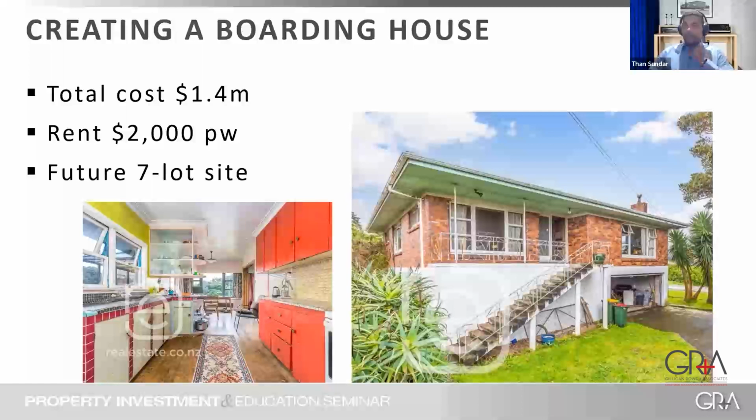So the thing is that with property, with anything, there's also the element of risk, and you've got to also have a plan B and work through those solutions so that you don't get stuck. Because imagine if someone came out and said, "I want to do it," and didn't get it right the first time. That kind of sets you back because you've got to wait a long time to go again. So that's where knowing what you're doing, education and having the skill set is such a key thing.